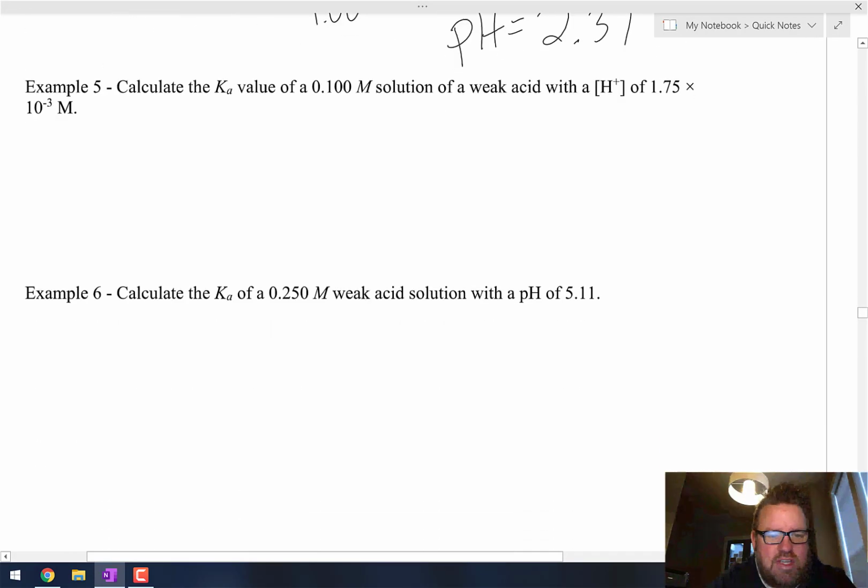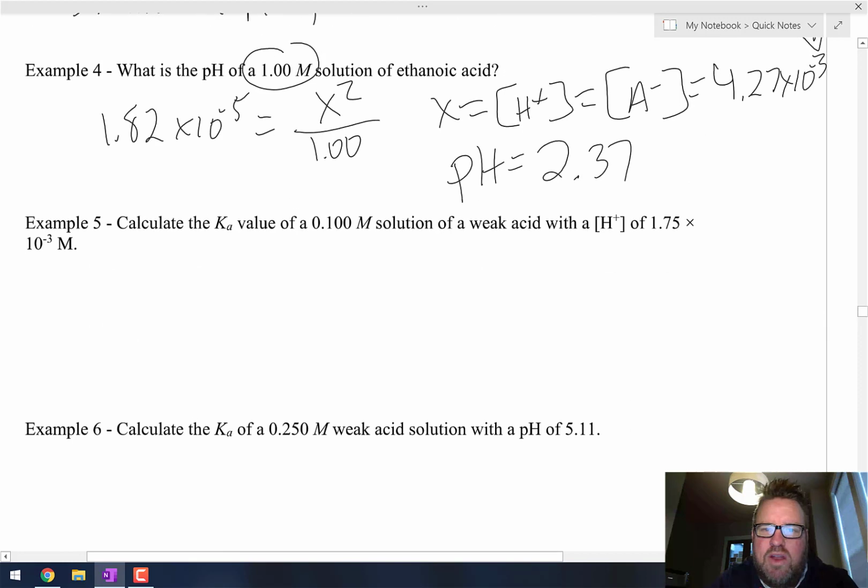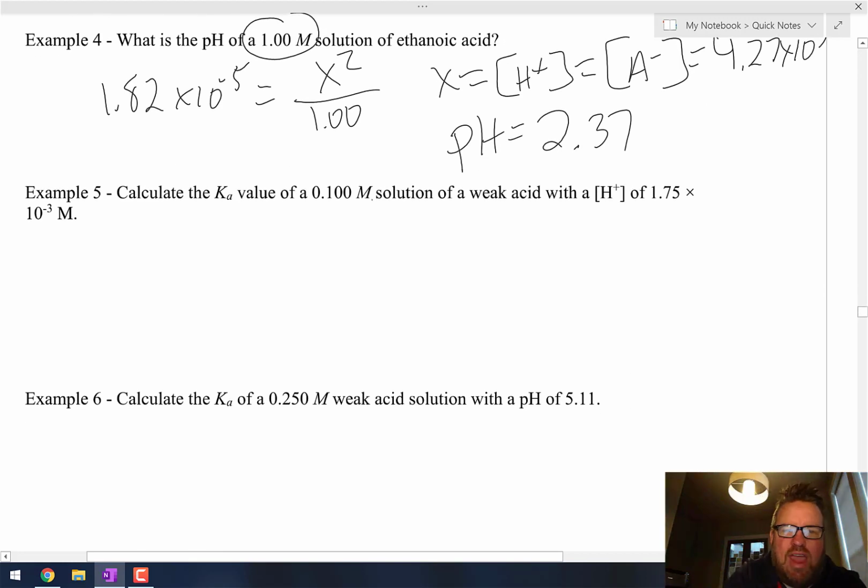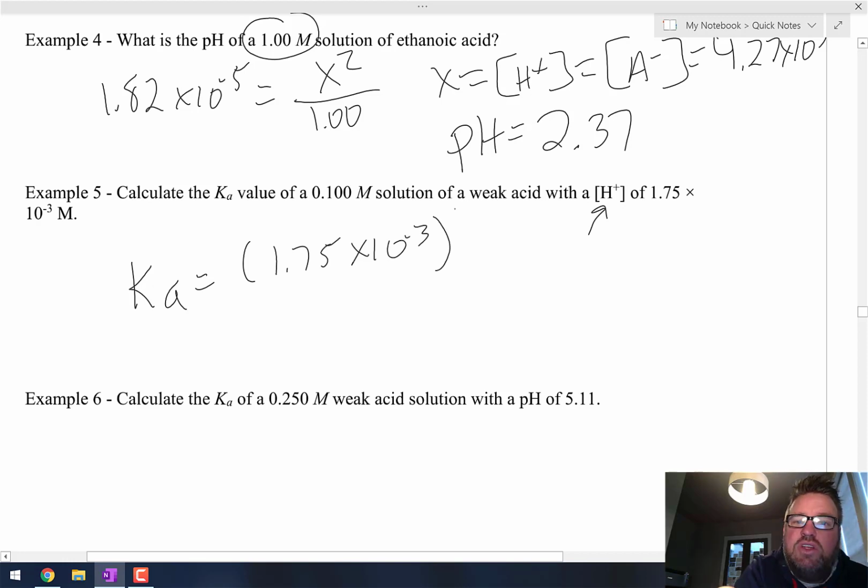Okay, example 5, just a couple more examples, and then we'll be done with these examples of Ka. So calculate the Ka value of a 1 molar solution of a weak acid with a hydrogen ion concentration of 1.75 times 10 to the minus third. So remember, if H plus has a concentration of 1.75 times 10 to the minus third, then so does the conjugate base, the A minus part as well. So therefore, we can say that the Ka value is going to equal 1.75 times 10 to the minus third squared, because that's the H plus and the A minus component, whatever that conjugate base happens to be, over